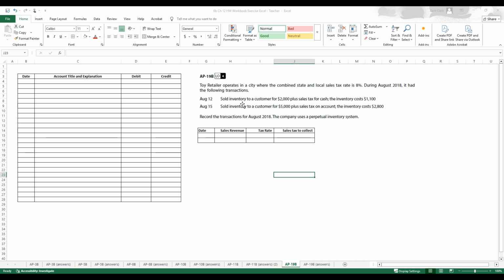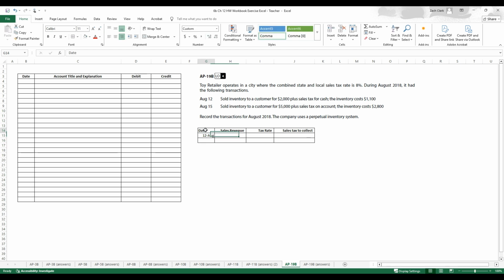Okay, so it gives us some information. We've got to think back to our inventory accounting chapter, so we'll revisit that, but hopefully we have those skills at this point, so nothing too difficult. We're just going to add in this concept of sales tax, which is a real piece, and that we kind of ignored in earlier chapters when we were talking about inventory, sales transactions, etc. So let's go ahead and fill out